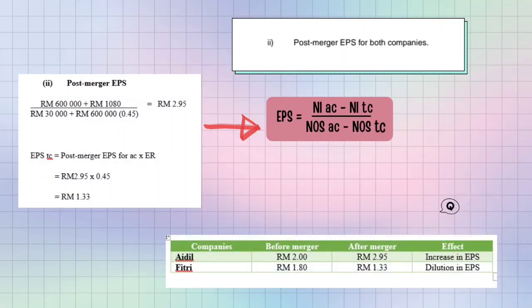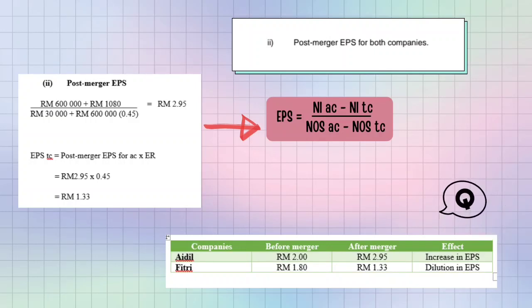Second is the post-merger EPS for both companies. The calculation for this question is RM600,000 plus RM1080 divided by RM30,000 plus RM600,000 times 0.45, and the answer will be RM2.95. For EPS TC, the formula is post-merger EPS for AC times ER, and the calculation will be RM2.95 times 0.45, and the answer will be